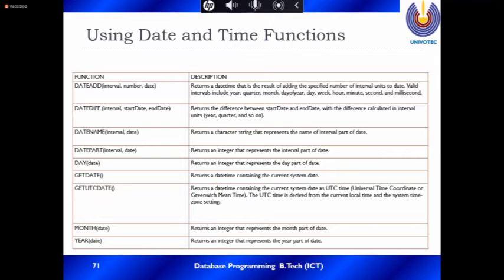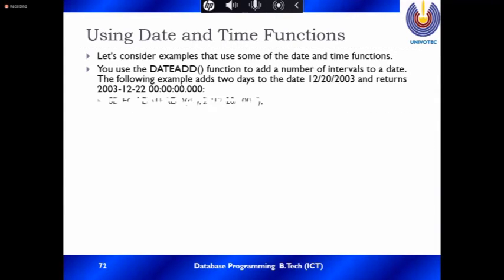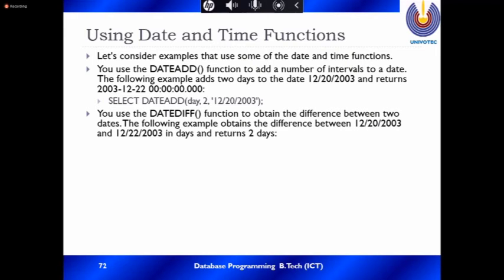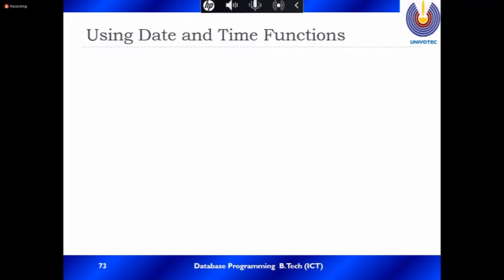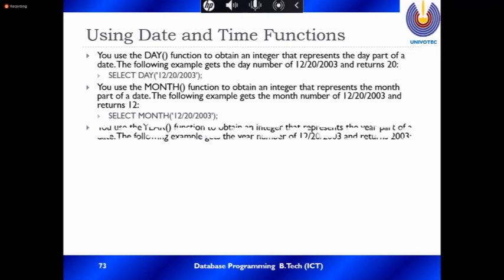Month, year, everything is there. You can use it anywhere. You can read this one. I won't spend too much time here, but you can look up what other functions are there.